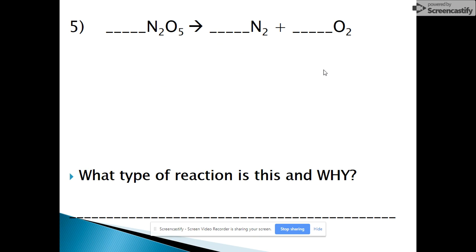All right, so this one, we are starting with 1 reactant and making 2 products. Whenever